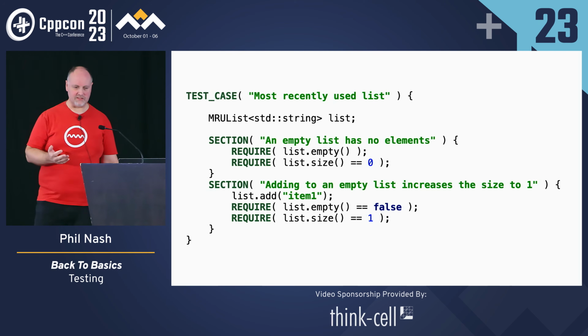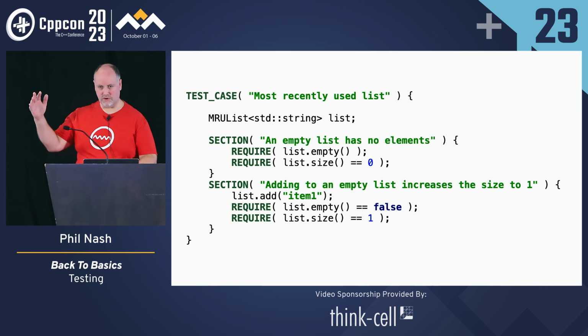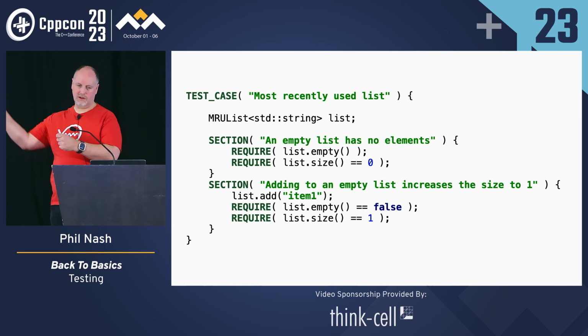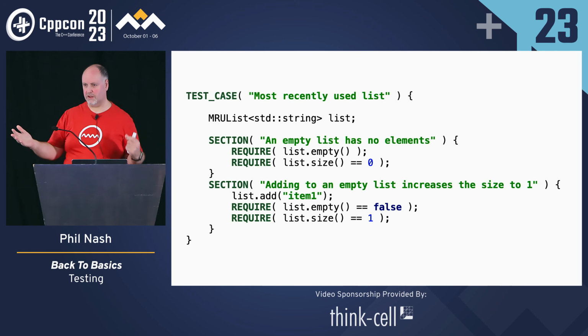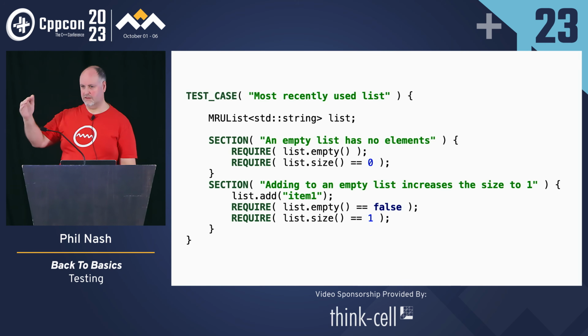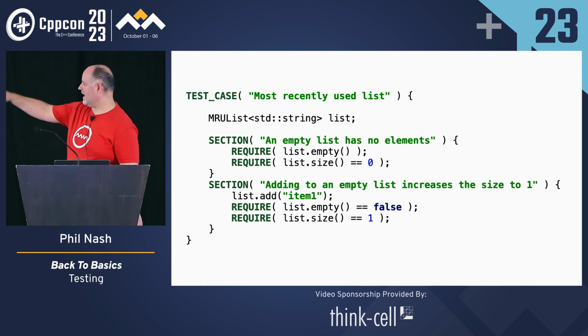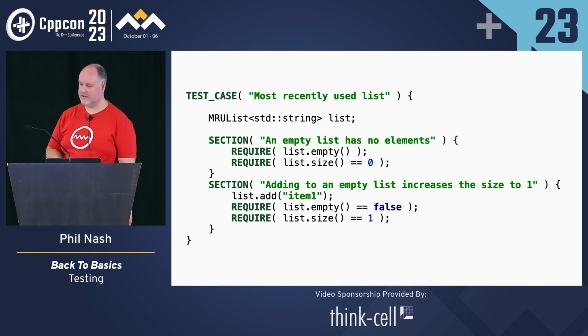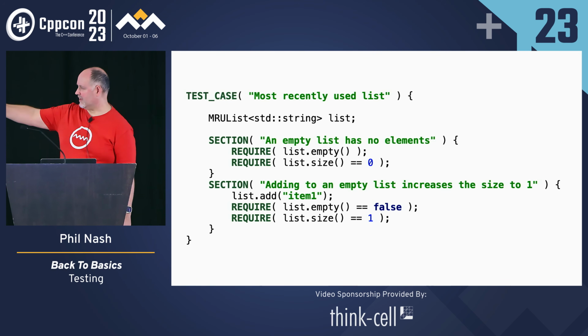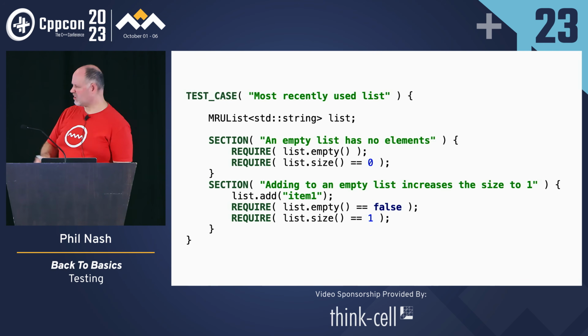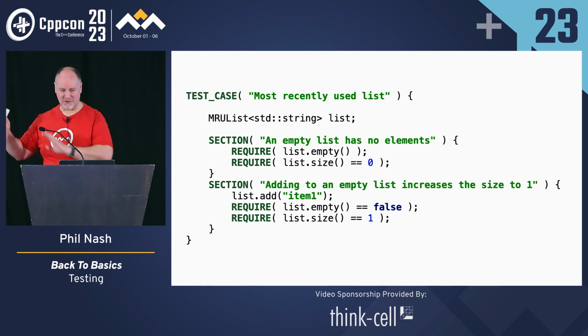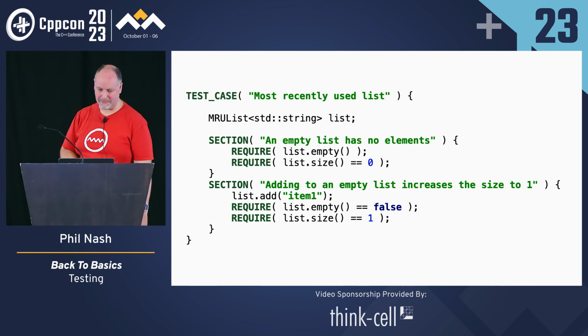So a most recently used list sort of works a bit like a stack, but if you put an entry on there that's already there, it just removes the previous instance. So you don't get duplicates, it just goes to the top. So think of most recently used files in an IDE or browser or something. So that's what we're working with here. We won't actually get into what makes it interesting in the test. We've got 2 sections here, so it's not complete. Just going to stick with Catch for now. Too much code to do the side-by-side.